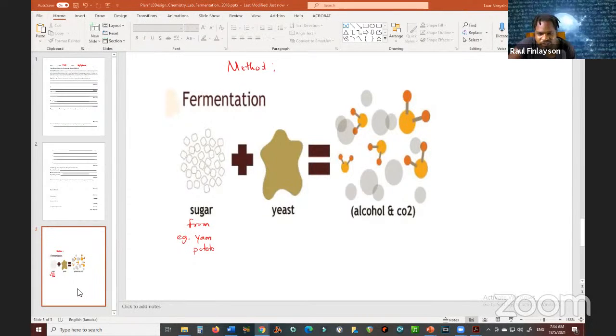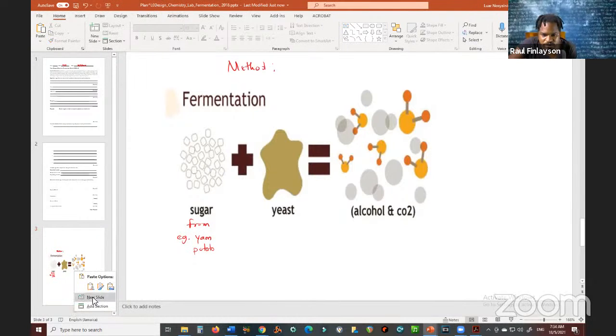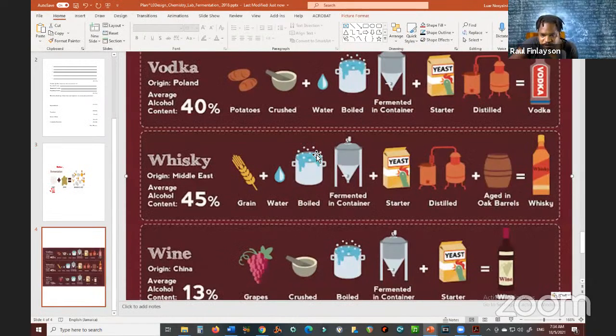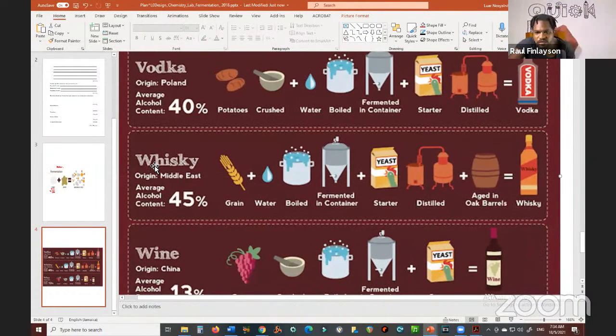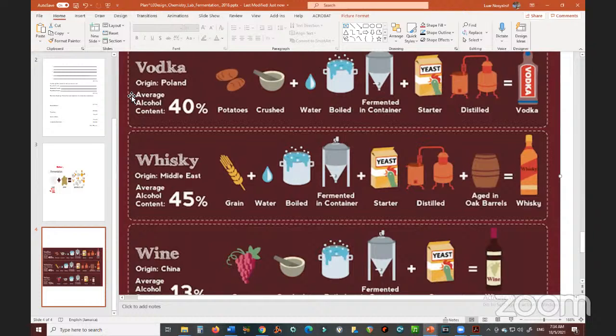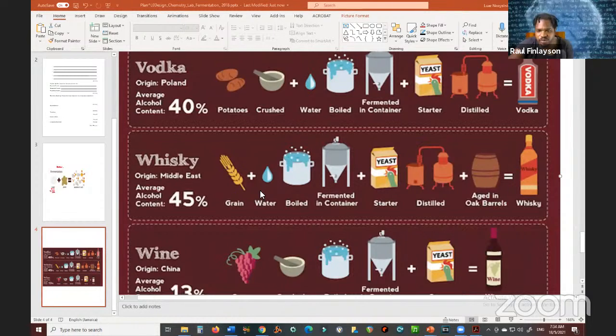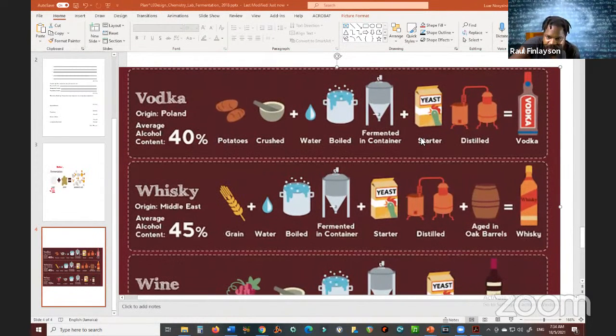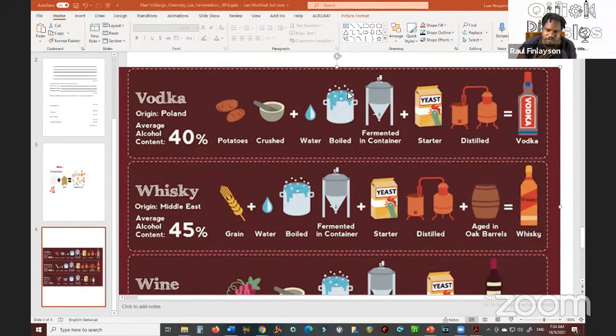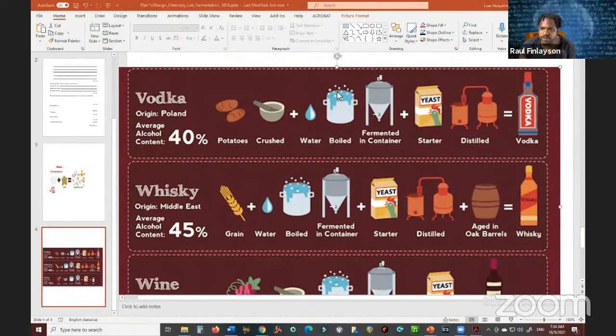Another example. Let me go to another page and show you this. This one now, guys, this probably you can follow. But you seeing this? Yes, sir. Different liquors here, but we have whiskey and we have vodka and we have wine. Notice the process is different and the steps are given here. Get potatoes, you crush them, add water to it, you boil it. Of course, you're going to put it in a container, make sure that the temperature falls to a certain level where the yeast can